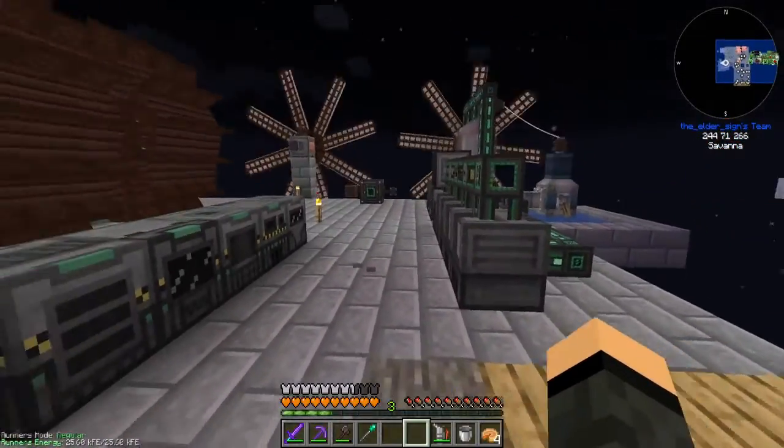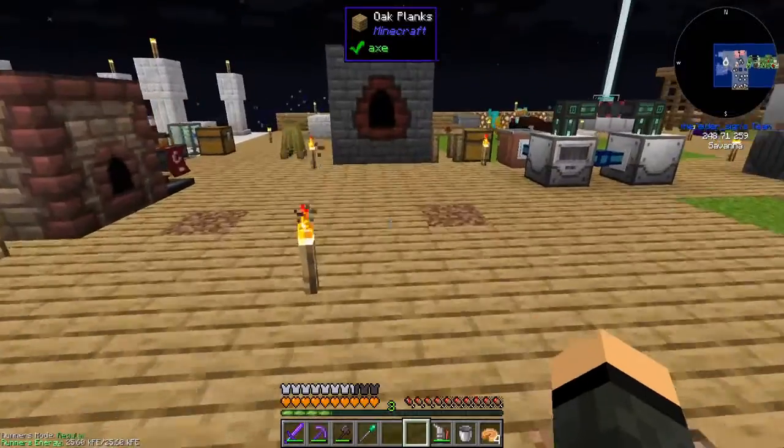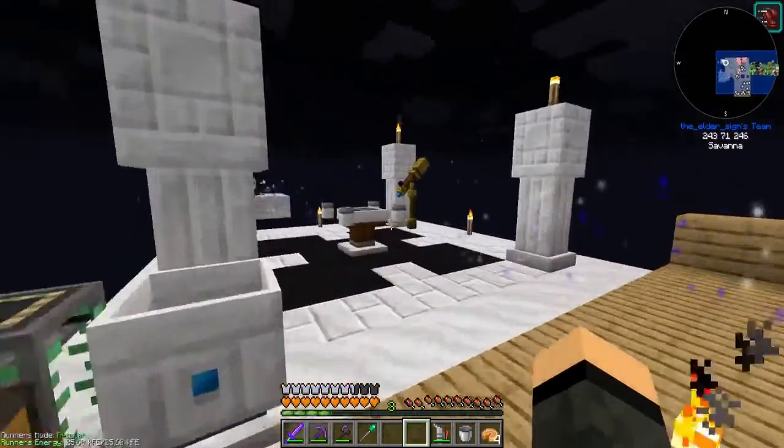And we've got a 100-plus million forge energy unit buffer, which works out great. I went ahead and made the telescope off camera,